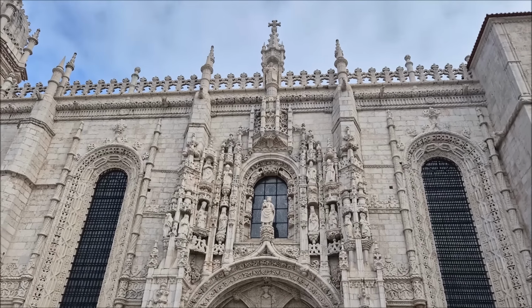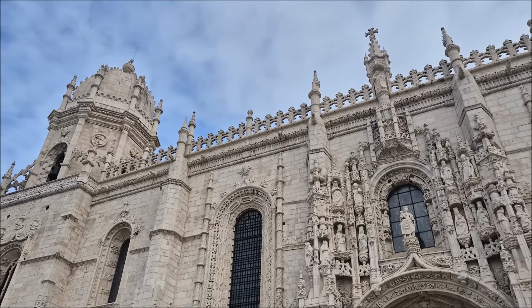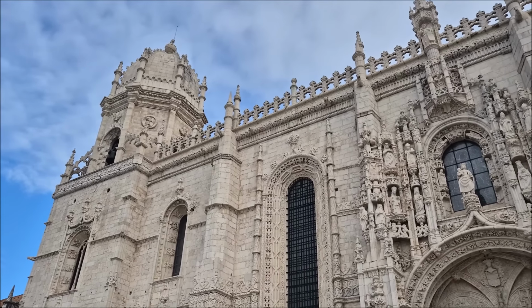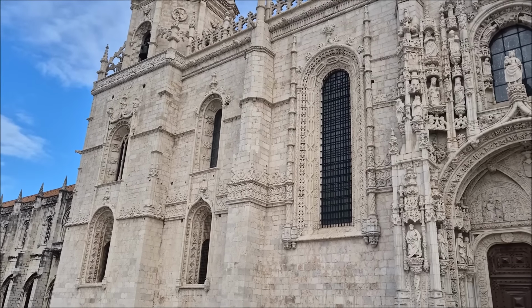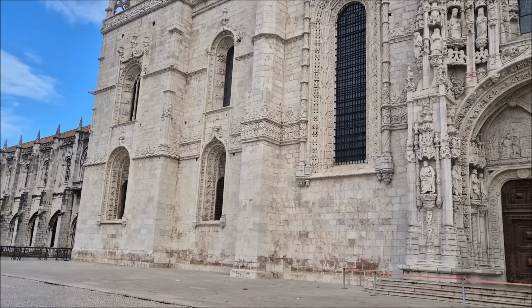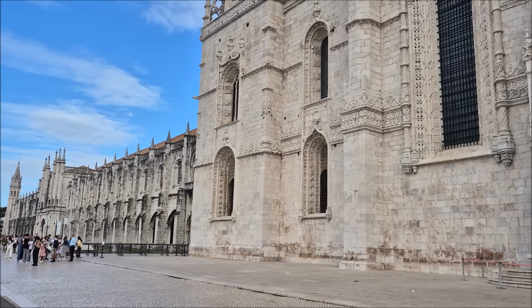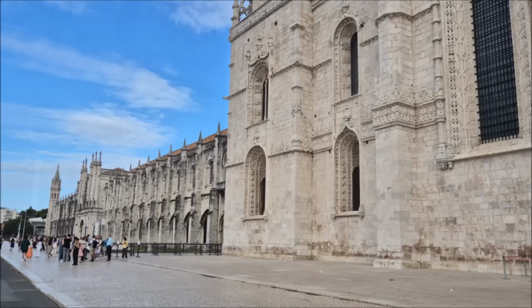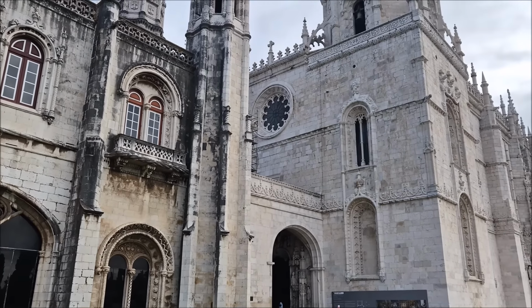It was commissioned by King Manuel I in 1501 and was largely funded by the proceeds from the Portuguese explorations to Africa and the Orient. The monastery was constructed to commemorate Vasco da Gama's successful return from India and to serve as a resting place for members of the royal family and significant figures of Portugal. It played a significant role during the Age of Discoveries as sailors would spend the night here before embarking on